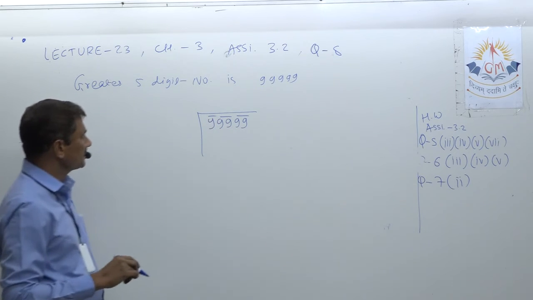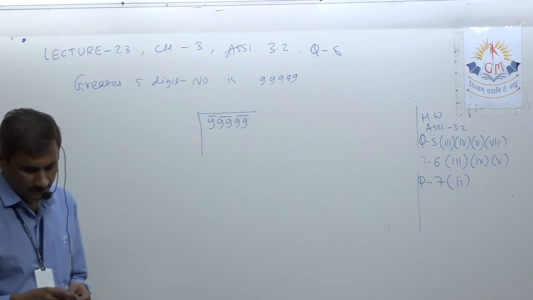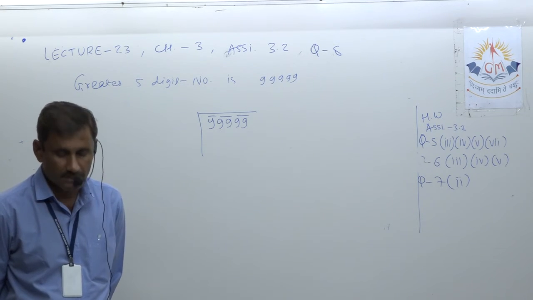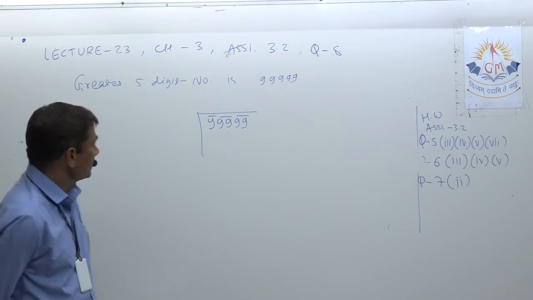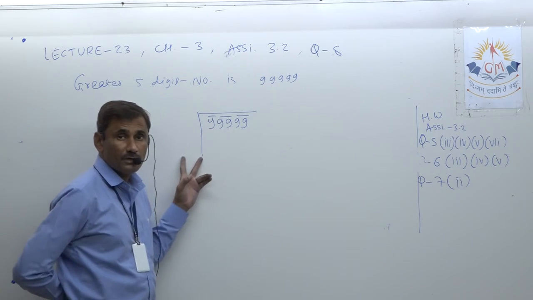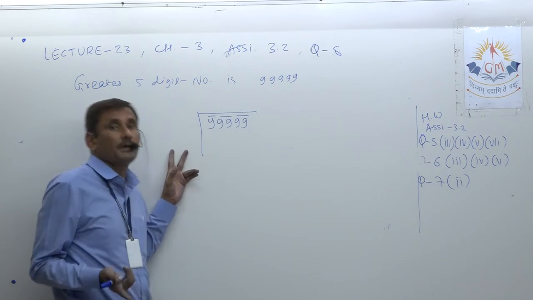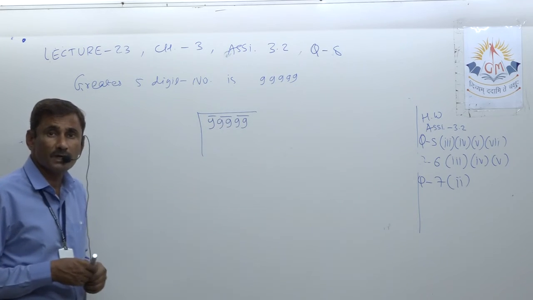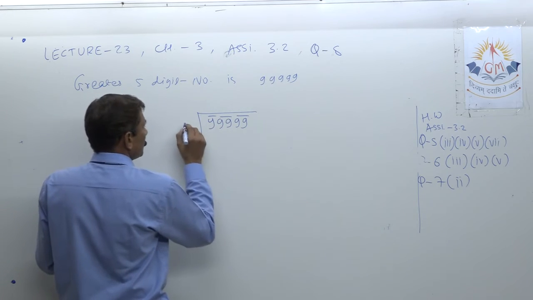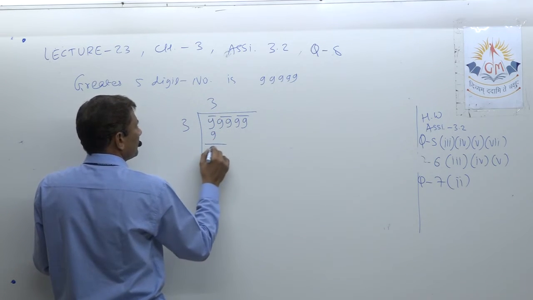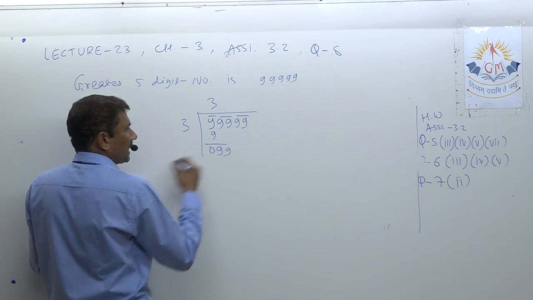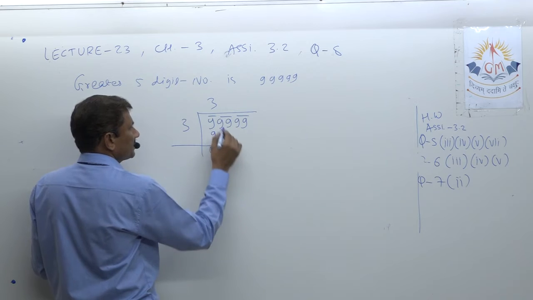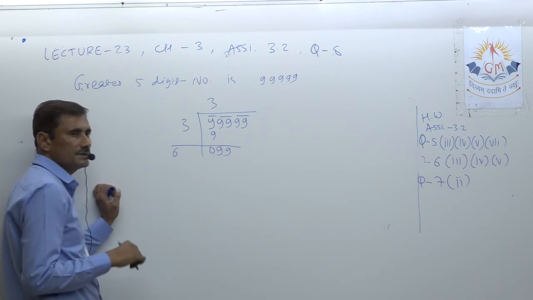So now I am starting the long division method. Why have we written 9 five times? Because they are asking for the greatest 5-digit number. Now we want the greatest 5-digit number which is a perfect square. So we have to try to find the square root first. 3 3s are 9. It's over; one whole pair came. Now before starting the next digit, write down double of the quotient. So it is 6.